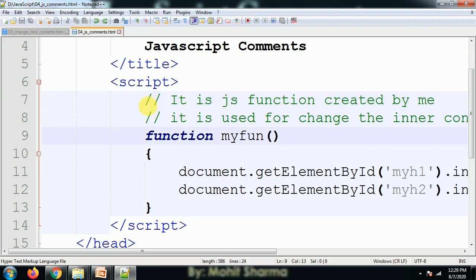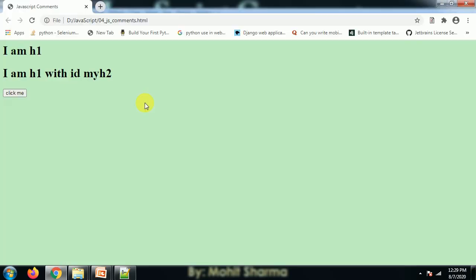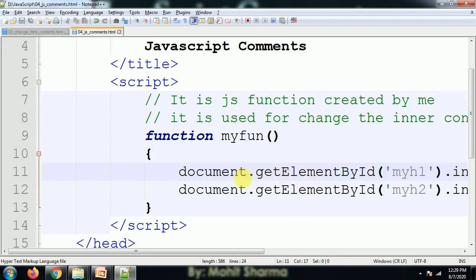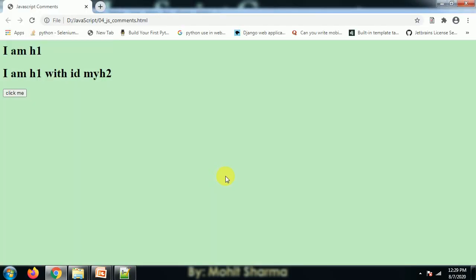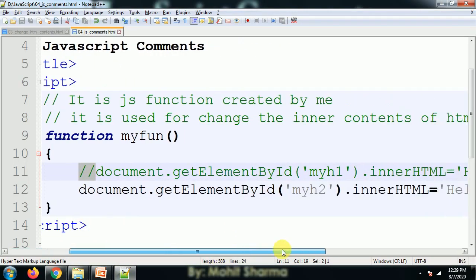Suppose I want to comment out this line sometime. I also said that for ignoring code we can use this one. First I'll show you the effect of these two. Here I refresh it and click on this, and the first line of the text has been changed, because the code is written for this one. If I give a single line comment to this one and refresh it, you see only the second line is working. The code that says hello, I am heading, is executing, but this one is not executed. Clear? This is the purpose of the comment.